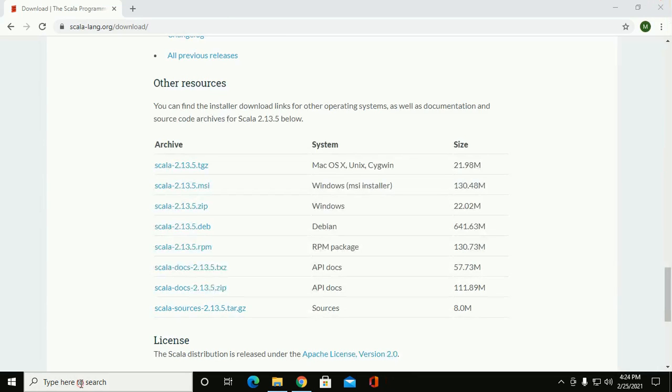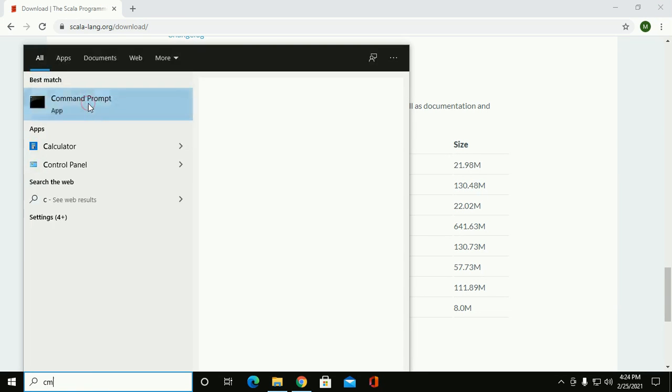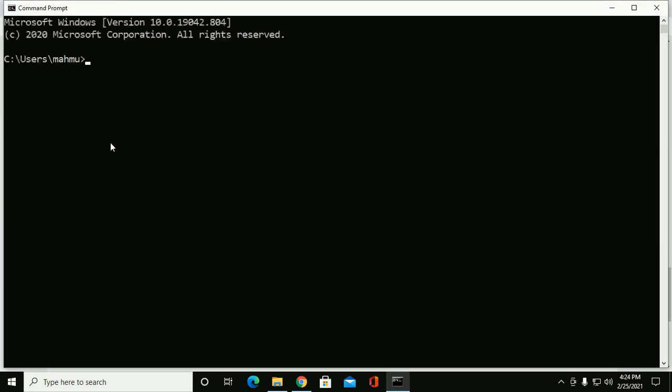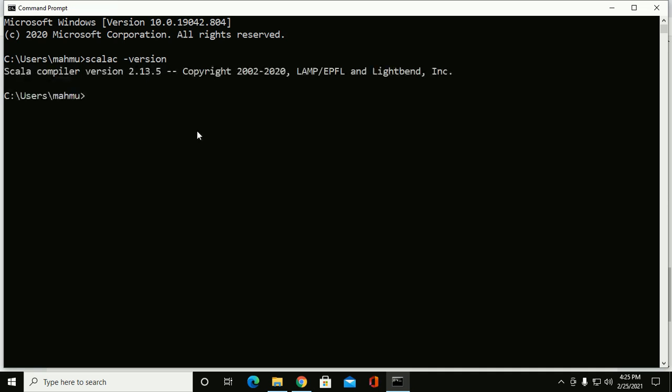reopen CMD. And check the version of Scala: scalac -version. Okay,